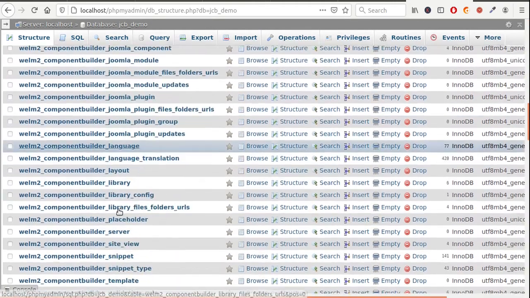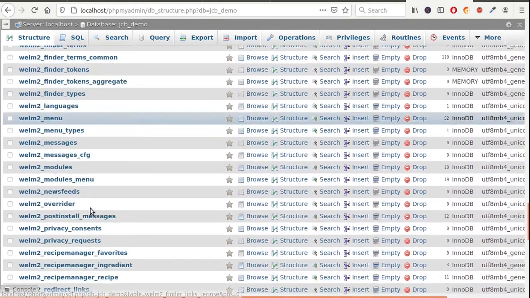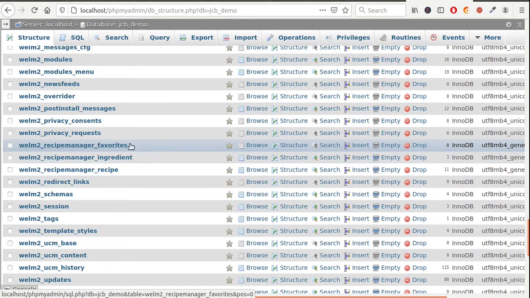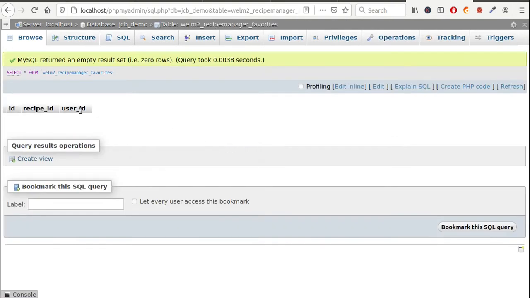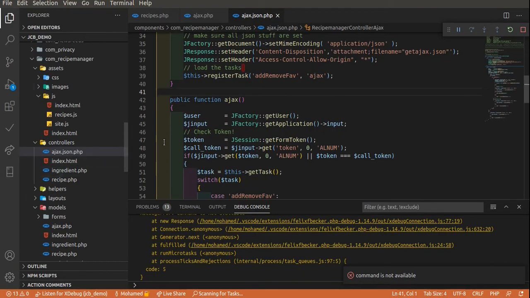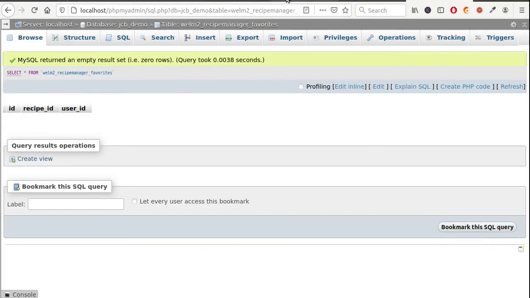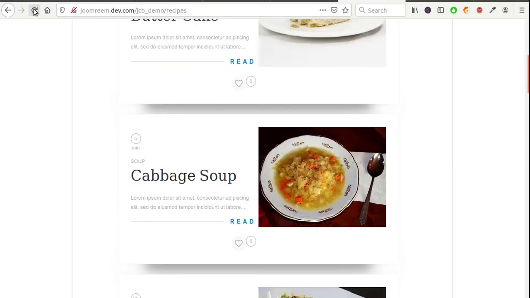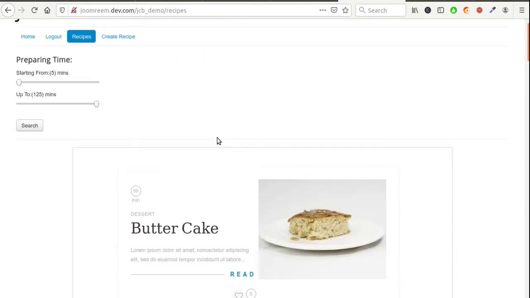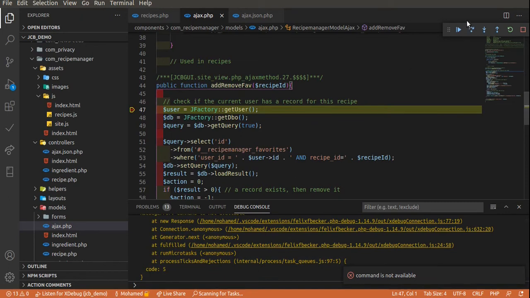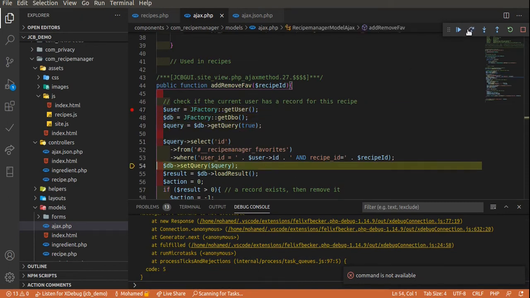Let's test this change before making it more complicated. We will check the favorites table after clicking the heart icon. The recipe ID is 8.